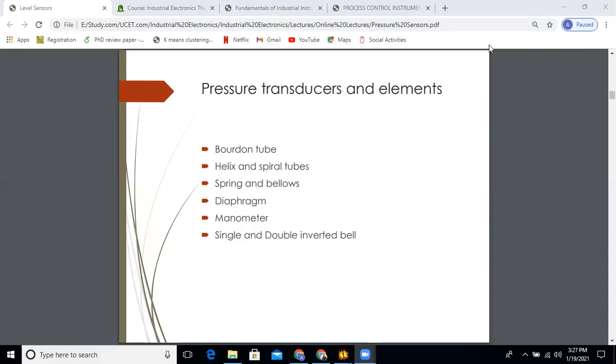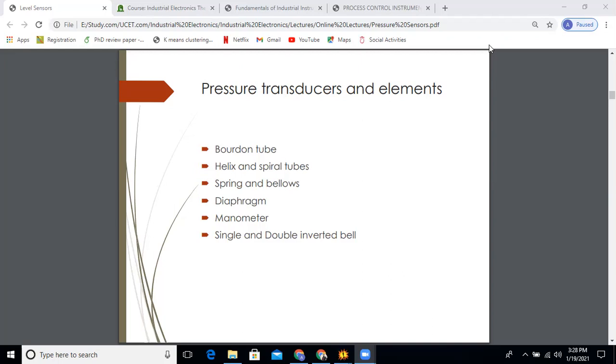Measurement of pressure requires techniques for producing a displacement, and means for converting such displacement into a proportional electrical signal. Then that electrical signal, through different calibrated measurement tools, is converted into the pressure we are going to measure. However, in the very low pressure region this is not possible, where many purely electronic means of pressure measurement may be used. We have to use different electronic sensors to measure low pressure, for example less than 1 atmosphere